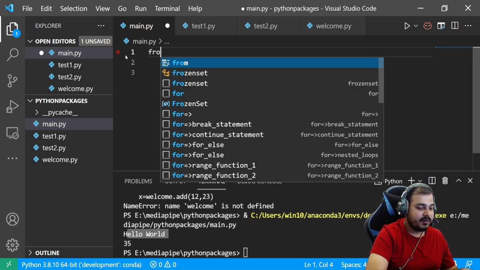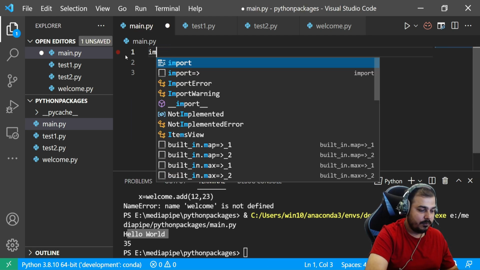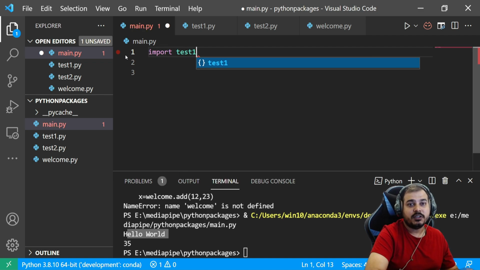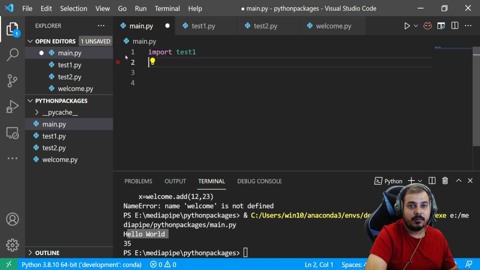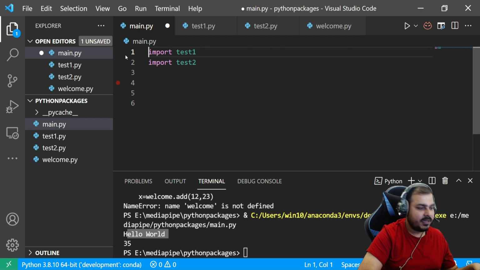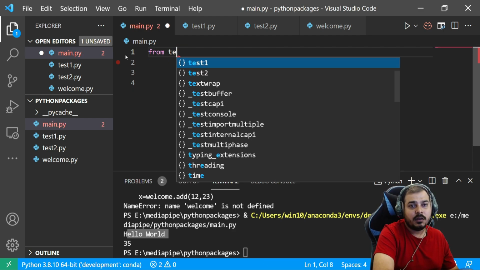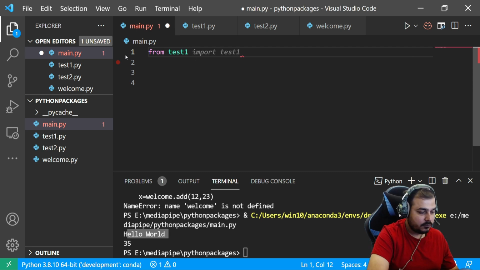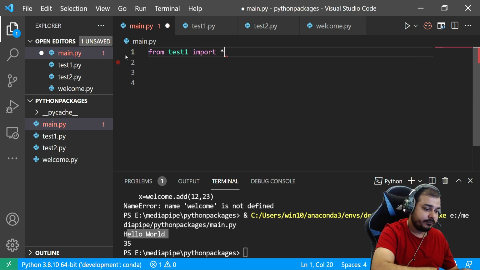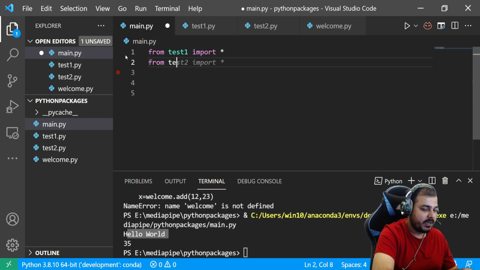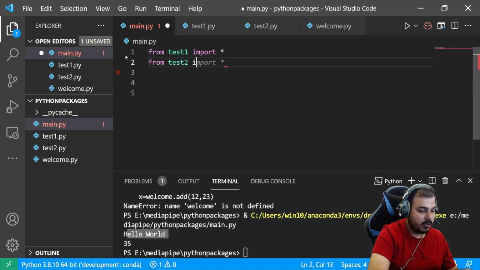I'll say import test1, and then probably I'll also import test2. Or instead of writing like this, let me write from test1 import star, from test2 import star, right? So this is there.